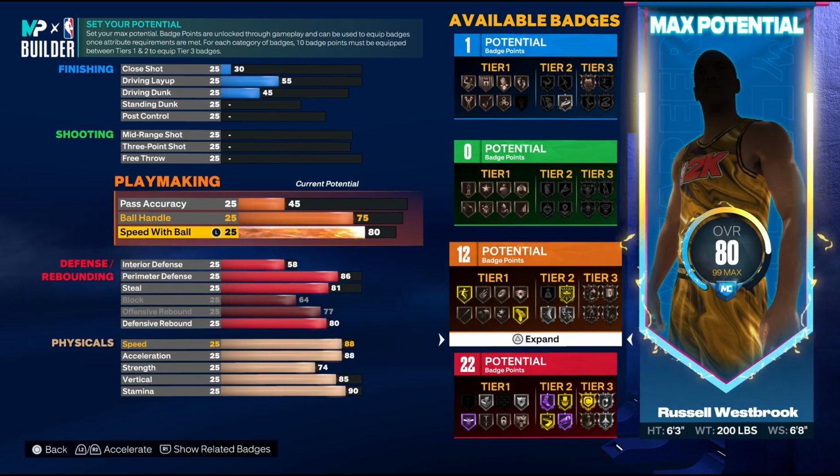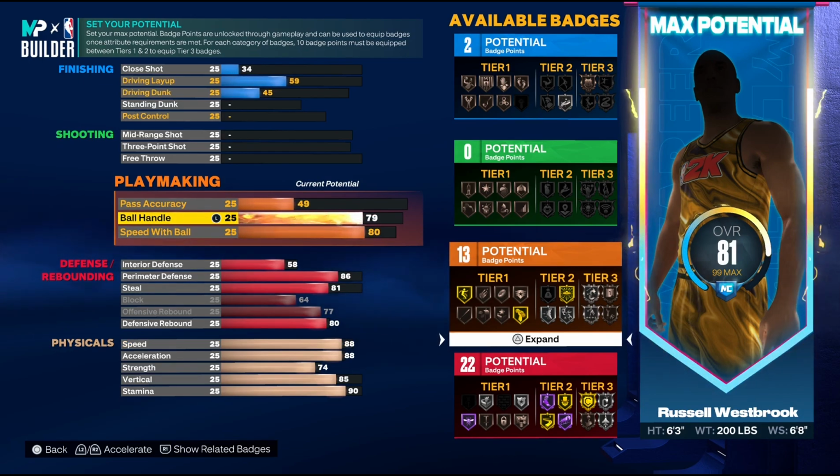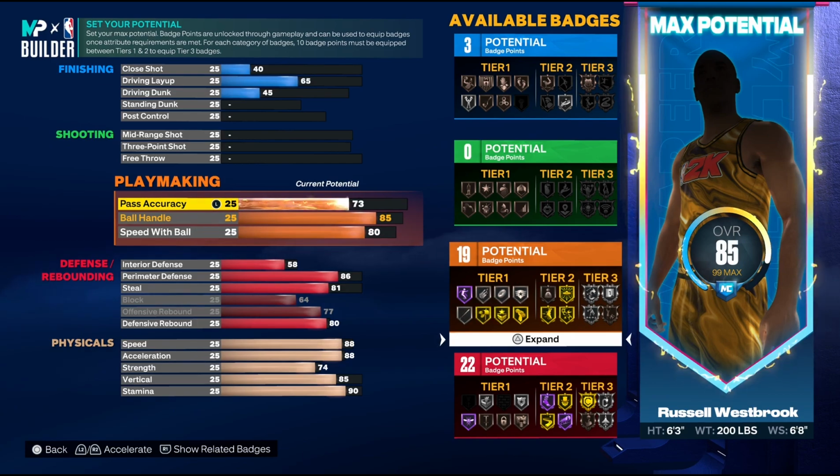I know this is kind of slow. It's not slow, but it's not uber fast, which you'd probably want, but that's because this year you don't need the speed with ball to be high to get gold quick first step. So I went with an 85 when it came to the ball handle, an 80 when it came to the speed with ball, and then when it came to the pass accuracy, I went with an 80 because again, as